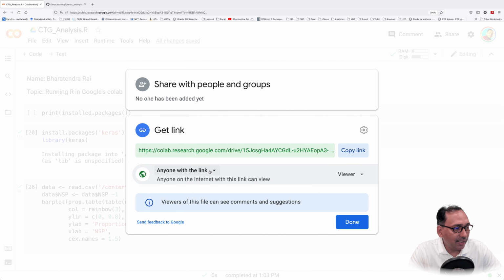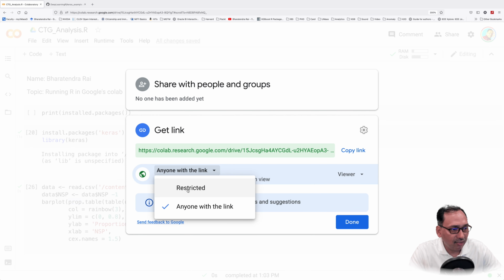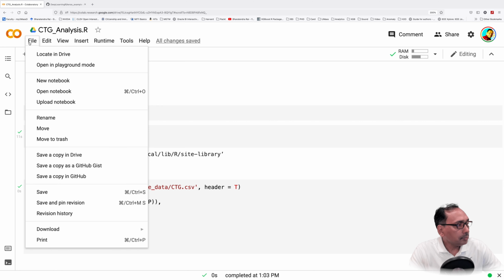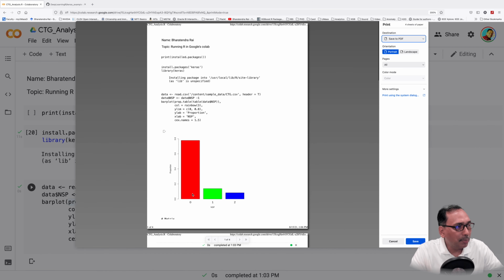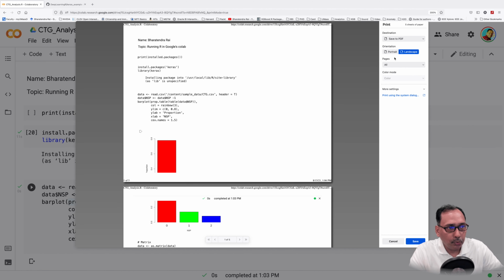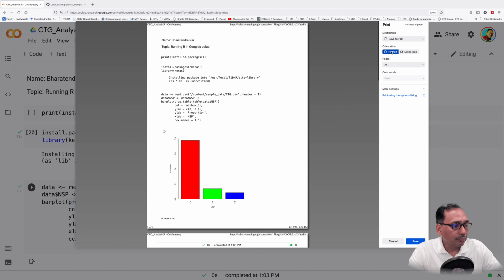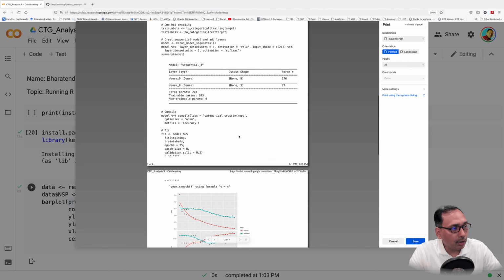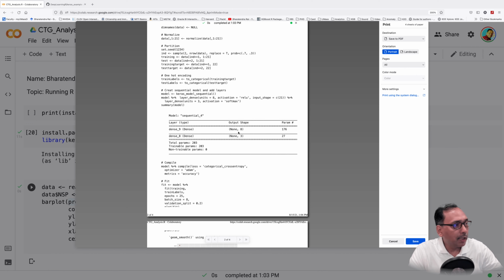So anyone with the link should be able to see, or you can make it restricted. So all those things are available. Another thing that you can do is you can also print this as a PDF file if you like. Whether you want to do this in landscape or portrait, this will be available as a PDF file. I have not added too many comments, but you can easily do that here.